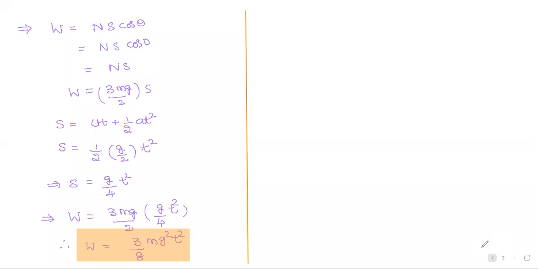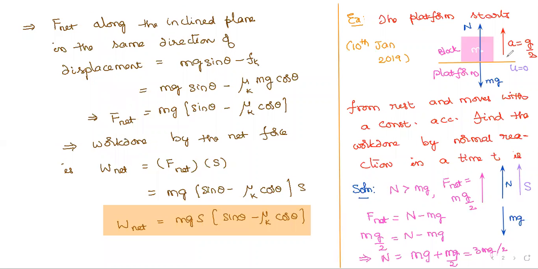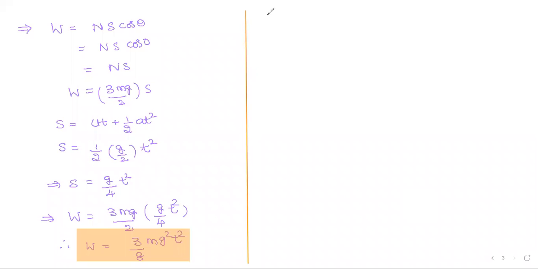And luckily in this question, you understood one concept. When some platform like a lift is accelerating upwards, the normal reaction appears like mg plus m into g by 2, that is a. So m into a. So you can write here, when that point I write in the note,